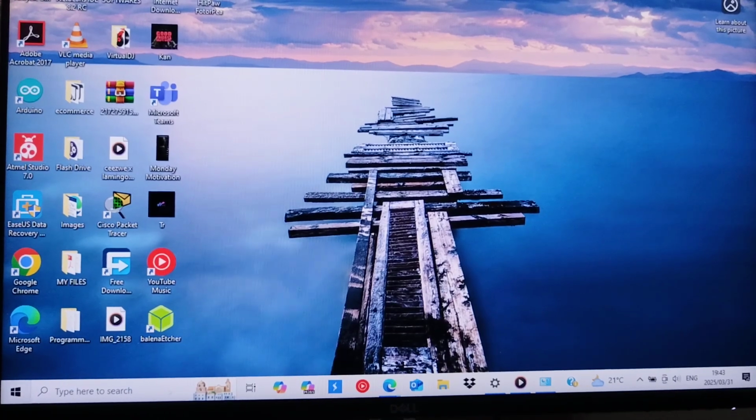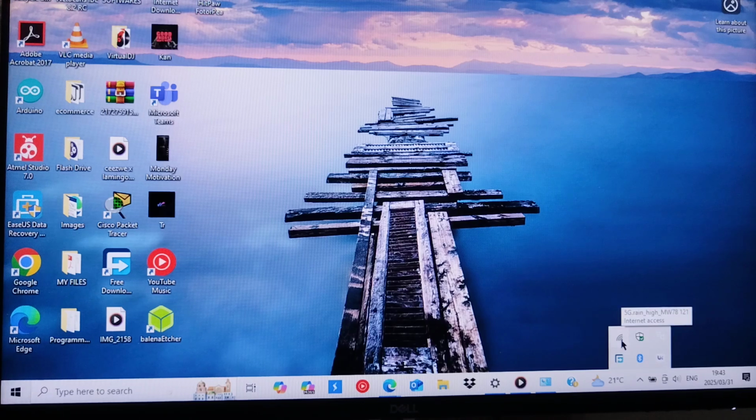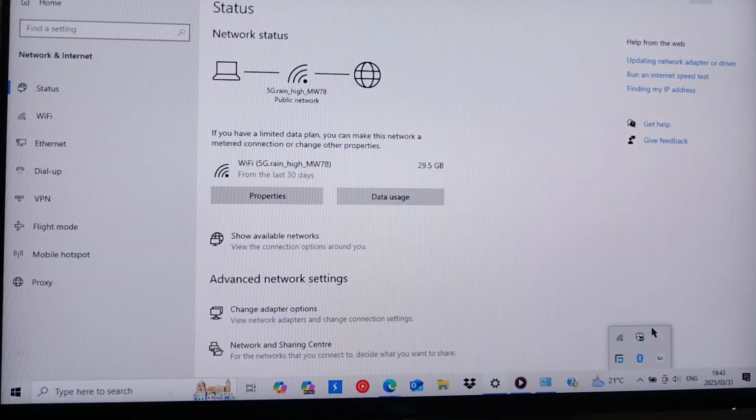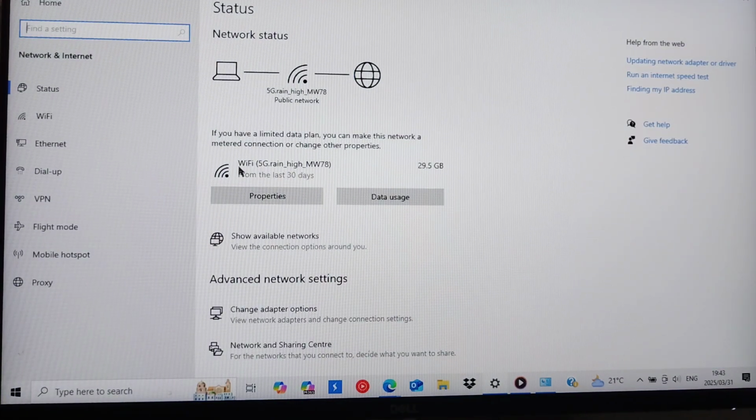So if you want to know the password of the network that you connected on using your PC, here's what you can do. You come to the taskbar and then you go to your network settings. So you right click on this icon and then you click on open network and internet settings. You open that. This should open up this pop-up, and then under this pop-up you see it shows you what